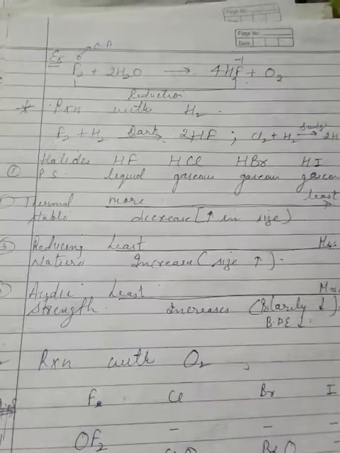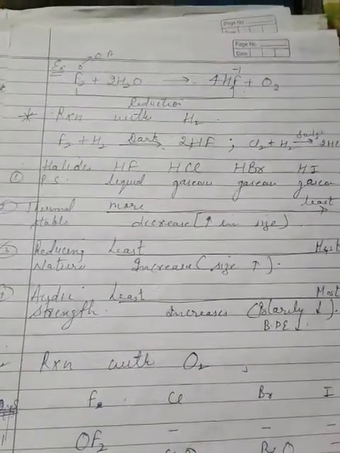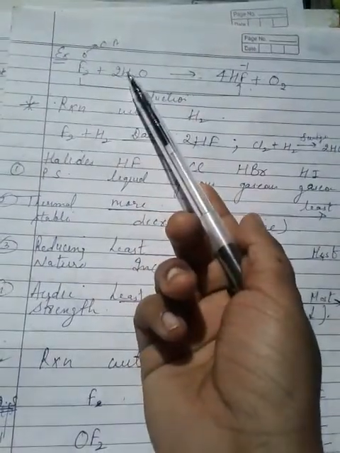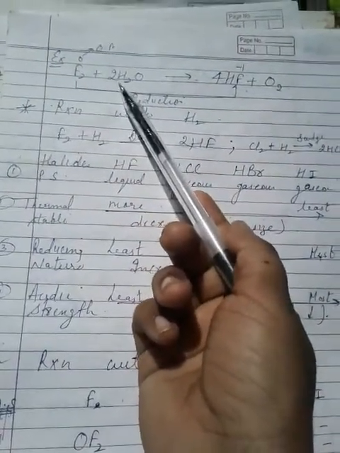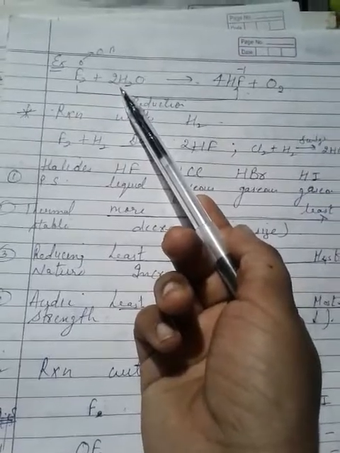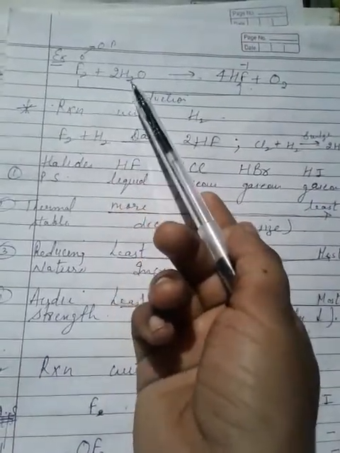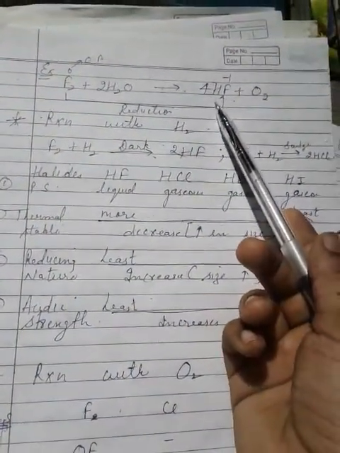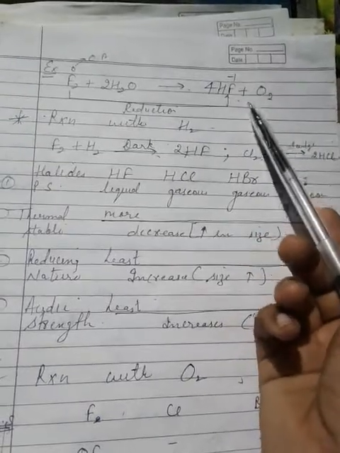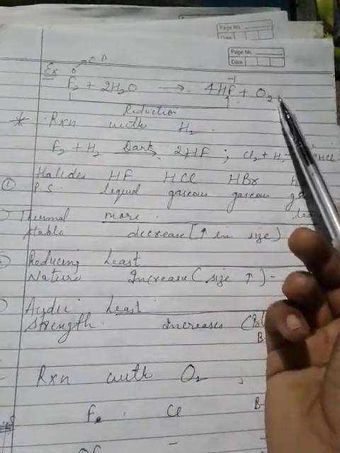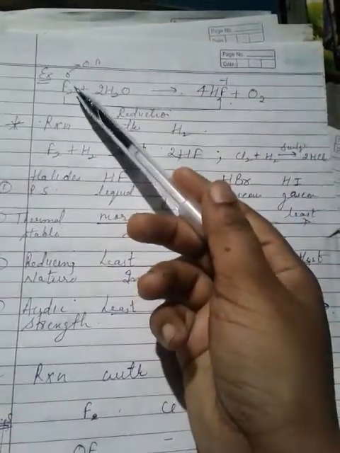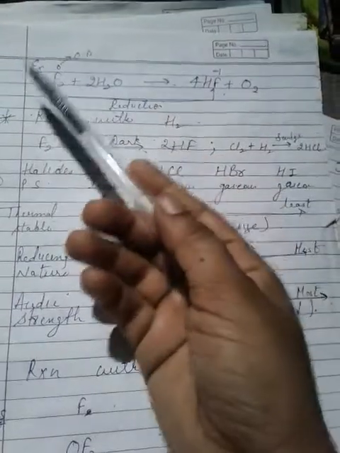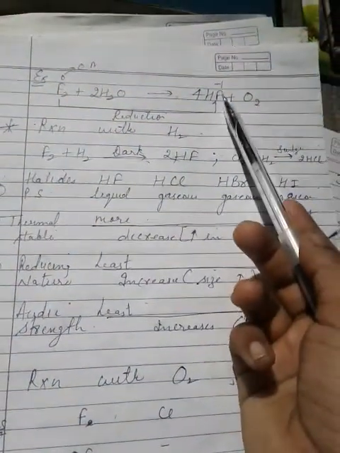Now let us quote some examples of how fluorine acts as an oxidizing agent. Let us see here the case of fluorine. If fluorine is made to react with water, this reaction is going to be very vigorous. As you can see, when fluorine reacts with water, it forms HF, that is hydrogen fluoride, with oxygen. The release of oxygen also indicates that it acts as an oxidizing agent. On the other hand, you can use the redox concept also: fluorine 0, fluorine here -1.